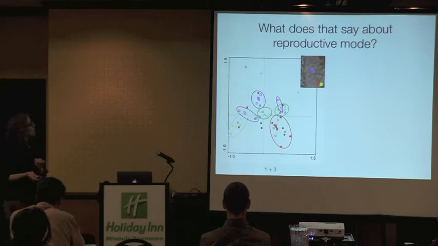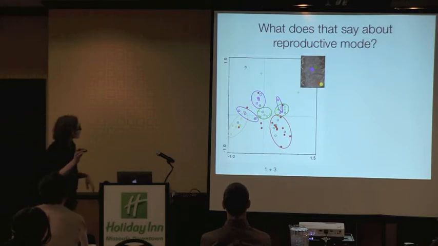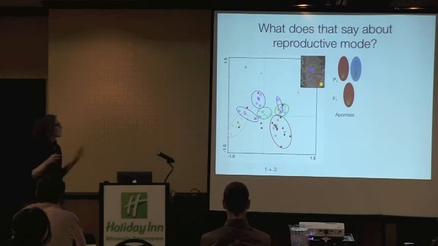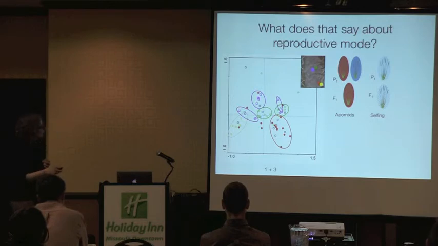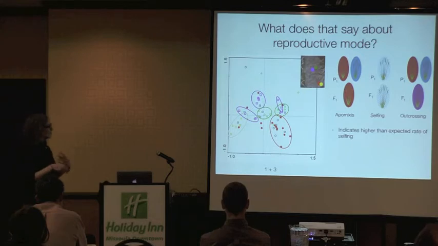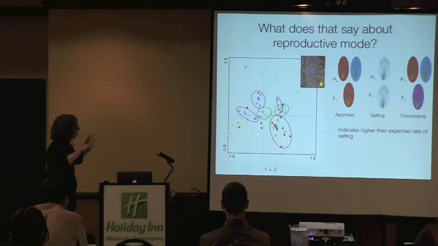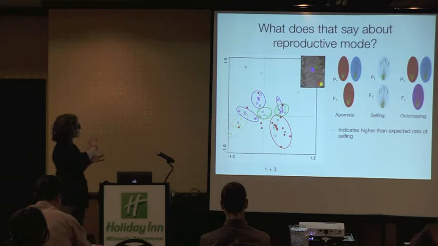So let's really briefly go back to reproductive modes. Something I neglected to mention in the last slide is that we are seeing some stacking up of samples, which is consistent with what we would expect with an apomictic species. So just a refresher, with apomixis we're going to see clonal reproduction. But that's not all that's happening here. You can see that there's a lot of variation that we're showing, which is probably consistent with some selfing that's happening, which indicates that there's more selfing happening than we thought going in, because we're seeing some restructuring, but not radical departures,